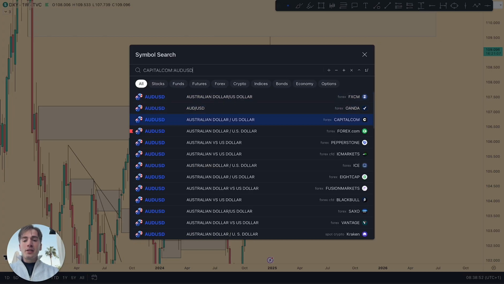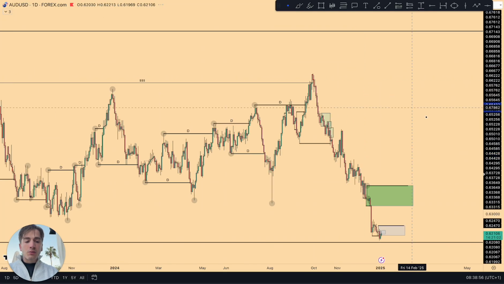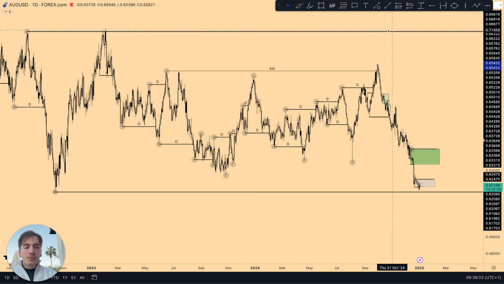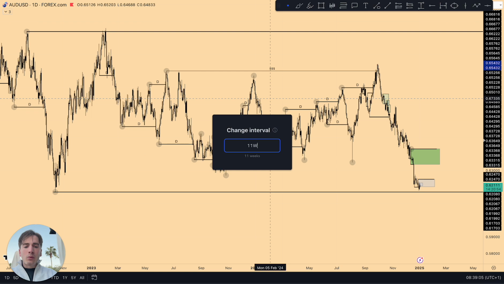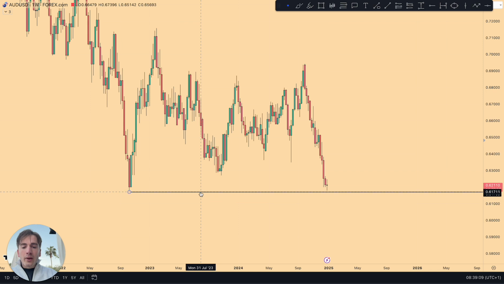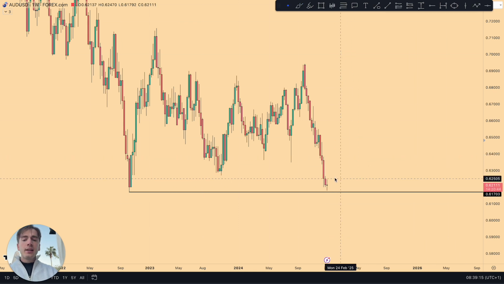Going into AUDUSD. AUDUSD here has again pushed down lower, but to be honest, yesterday it was stalling a little bit, stalling much more than GU and EU. Now overall here from a weekly perspective, let's take a look at that. We are nearing the overall swing low here. Does it need to take out the swing low? It does not, but it would be preferable before seeing a retracement up higher, as the retracement then overall would be higher probability to start trading, because preferably you want to start